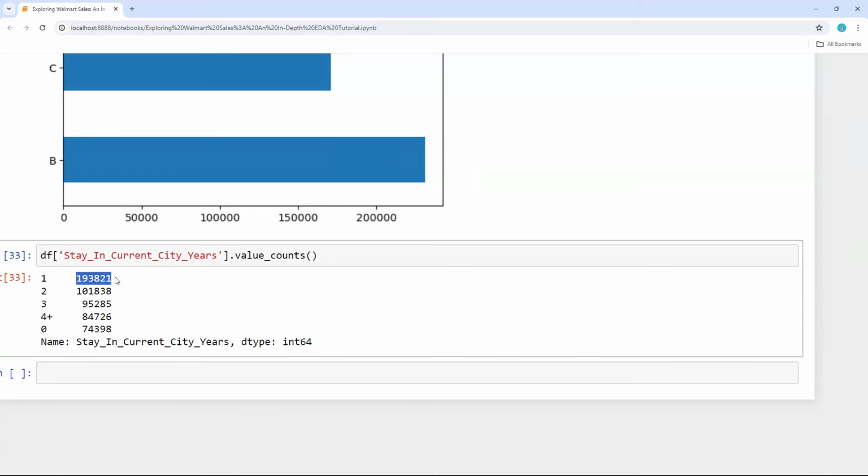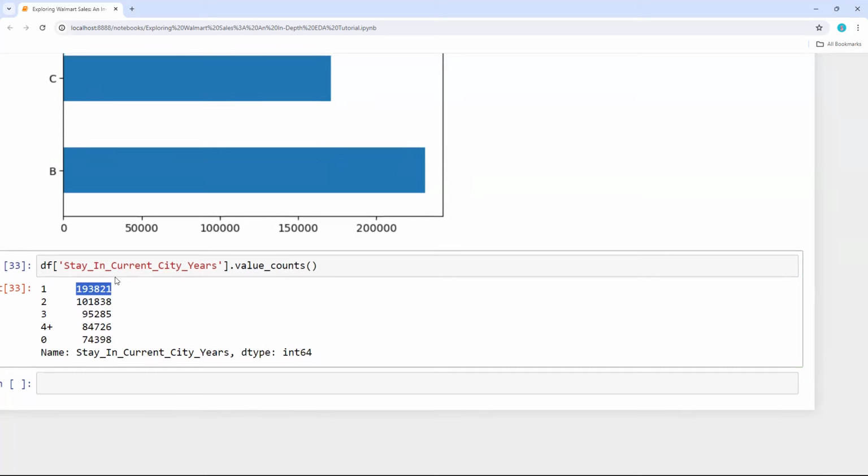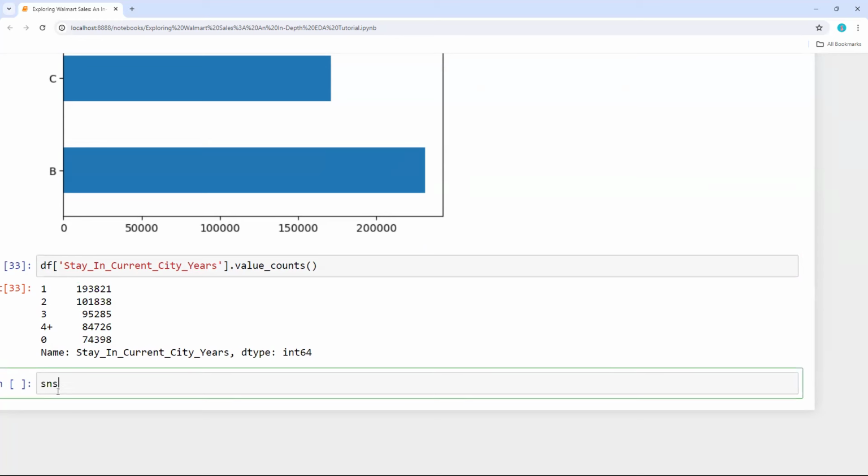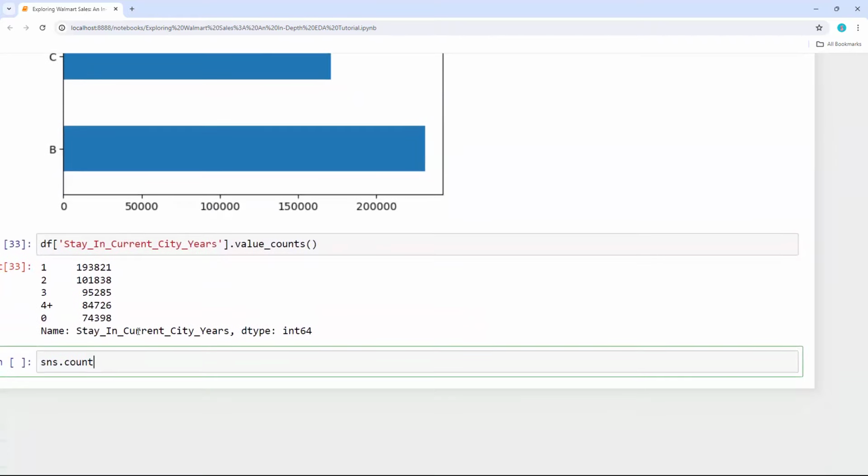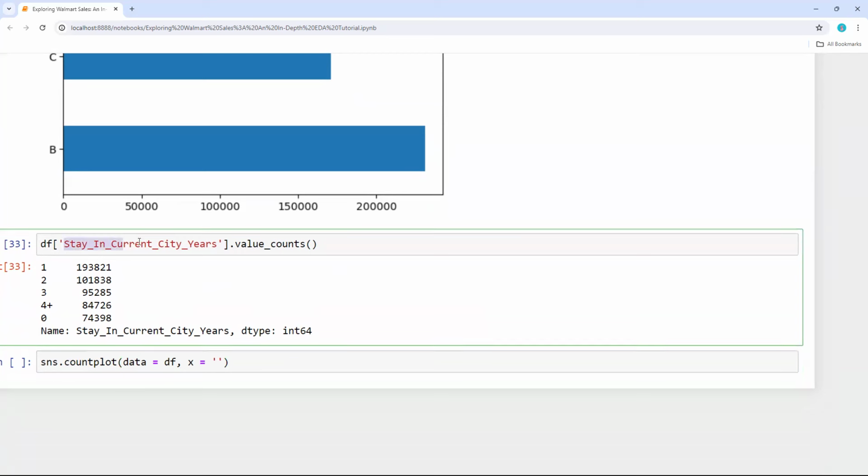More people are with 1 year staying in the current city, then those from the last 2 years, 3 years, 4+ years, and those who did not complete 1 year. If I want, I can apply a similar count plot like the chart above, but if I want a colorful plot, I can get it with Seaborn. My data is again df, my x this time is the column stay in current city years,